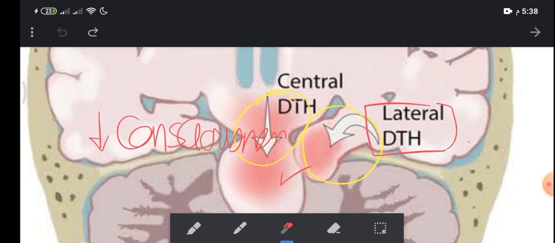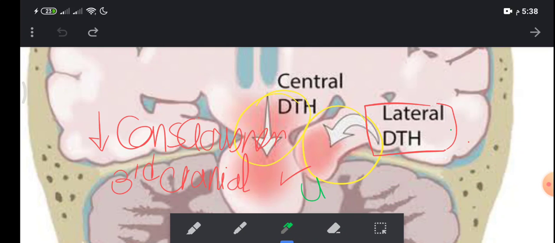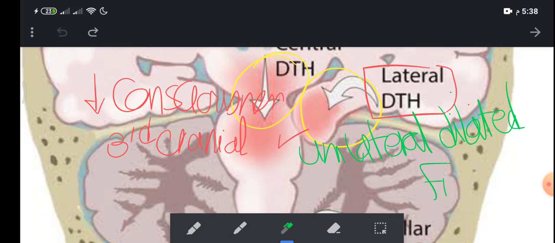The second thing is it also causes third cranial nerve compression. So when the oculomotor nerve becomes compressed, it affects the pupil and it becomes a unilateral dilated fixed pupil. It becomes dilated and not responsive to light. So we call it fixed. It doesn't cause miosis when the light falls on it. It also causes